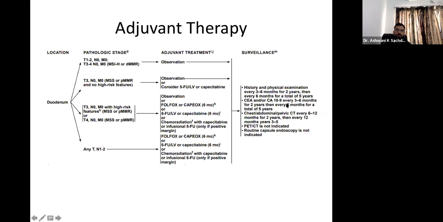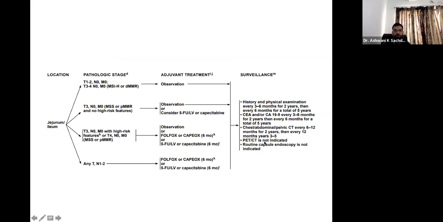CEA and CA19-9 are to be measured every time, and CT is to be done only every 6 to 12 months for 2 years and every 12 months for the next 3 to 5 years. PET scan is not indicated, and capsule endoscopy is also not indicated. That was for duodenal cancer. For jejunal or ileal cancer, the recommendations are also similar. Observation or single agent therapy, or in T3 with high risk features or any node positive, FOLFOX and CAPOX